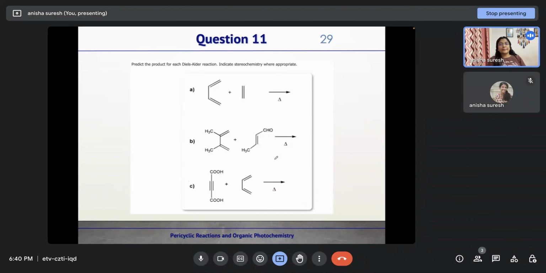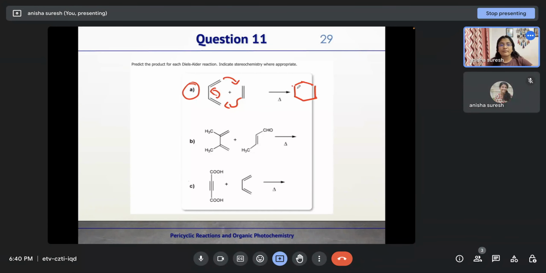Now question number 11. Predict the product for each Diels-Alder reaction. Indicate the stereochemistry where appropriate. So this is the diene, and this is the dienophile in this case. In question number A, this is the diene and this is the dienophile. So a normal Diels-Alder reaction will be taking place in this fashion, in a concerted fashion, leading to formation of